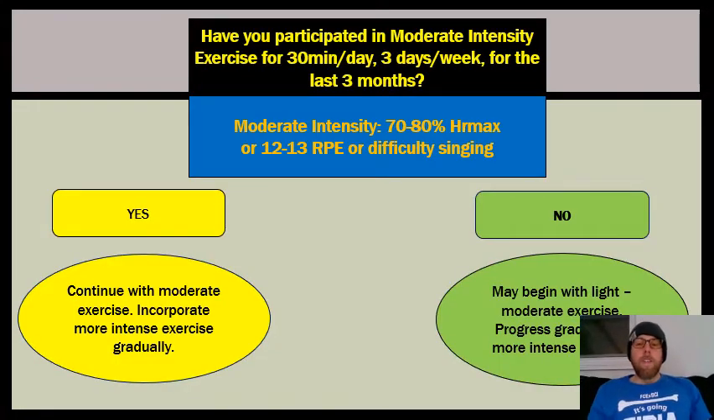Okay, so here's our first step. First step, we need to identify someone. Have they been participating in moderate intensity exercise or physical activity for 30 minutes a day, 3 days a week for the last 3 months? Reminder, moderate intensity, 12 to 13 RPE, 70 to 80% heart rate max. Now that wasn't necessarily on the last slide, but that is the equivalent of our 40